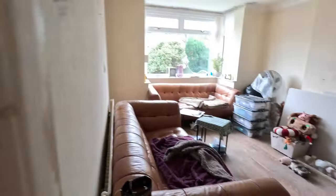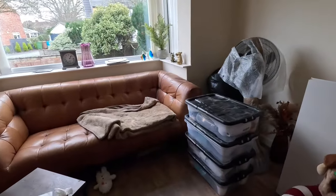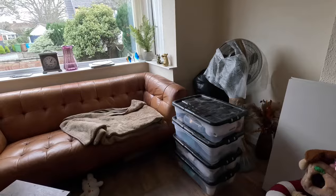And then Willow's ready for her afternoon walk. And then I've packed some stuff that I don't use very often and put them in boxes out of the way. So that's that. Oh, it looks like it's going to rain. Willow does need her walk, but